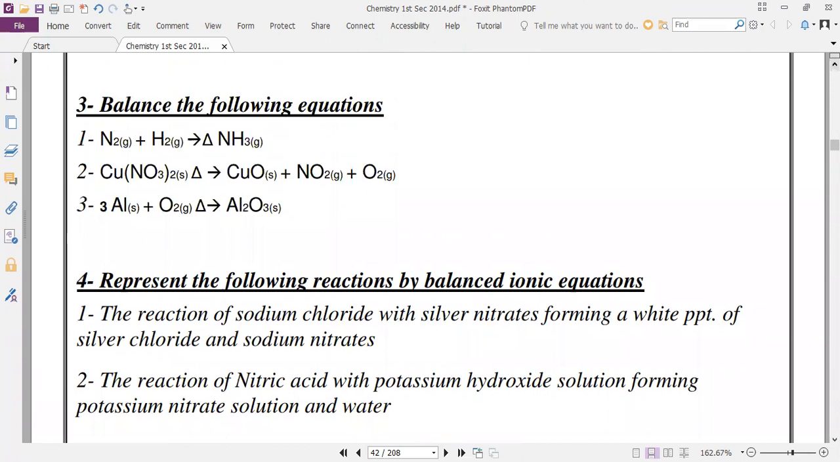بالنسبة لـ represent the following reaction by balanced ionic equation. أول واحدة هتبقى Cl plus Ag هيديني AgCl. بس الصراحة في الحتة دي أنا مش فهمتها، مش عارفة أعملها إزاي. بص يا مريم يا حبيبتي، هو بيقول لك the reaction of sodium chloride NaCl with silver nitrate AgNO3 to produce white precipitate of silver chloride. يعني هيديكي AgCl and sodium nitrate NaNO3. تمام؟